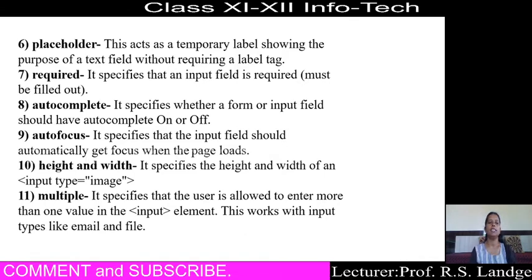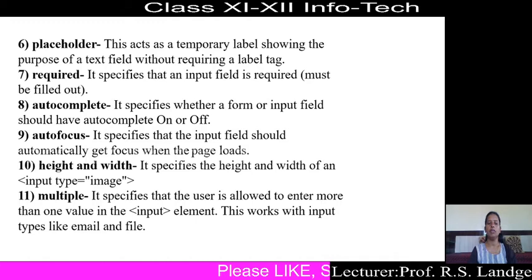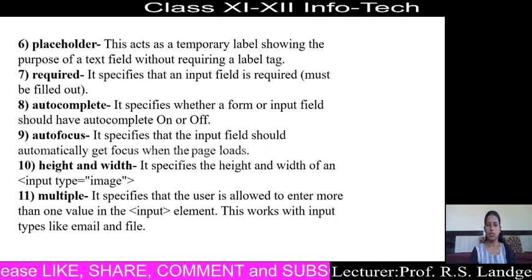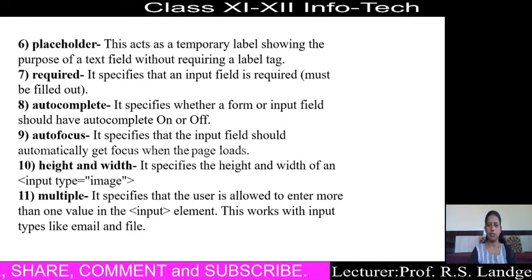Then the next attribute is multiple. Generally if the user wants to enter more than one value for a specific field, then the multiple attribute can be used along with that field.